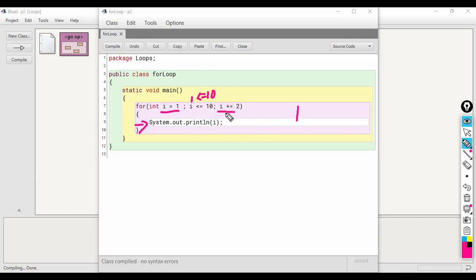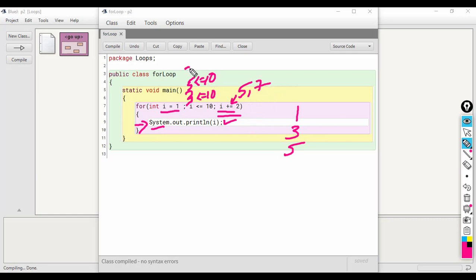Then control comes to the update part, I becomes 3. Now the condition is 3 less than or equal to 10, control comes inside, 3 is printed, control comes here. Now I will become 5, the condition becomes 5 less than or equal to 10, control comes inside. So 5 is printed. Now again the control will come to the update part and I will become 7.